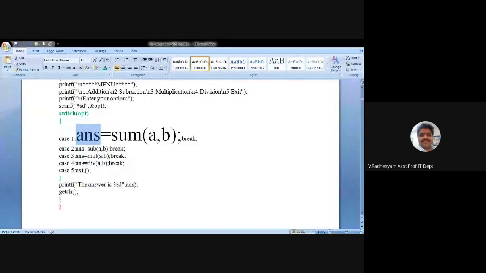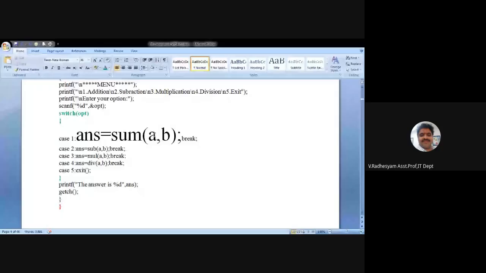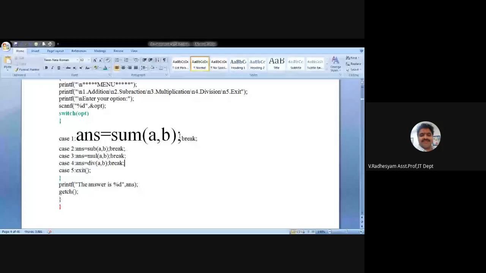We are understanding the point. This takes 2 parameters. What are the parameters? A and B, 2, 3. 2 plus 3 is 5. 5 will be placed in the answer. So this is the function: it takes 2 arguments and returns 1 value.